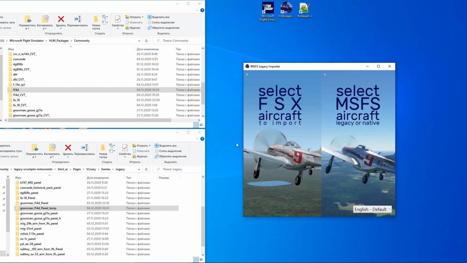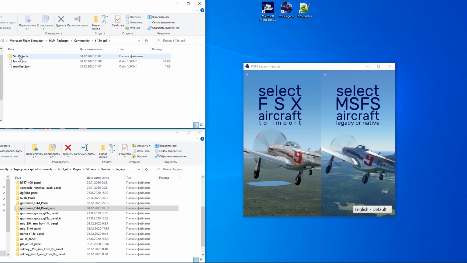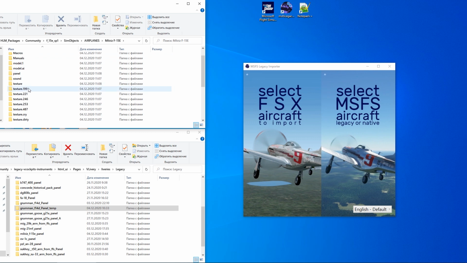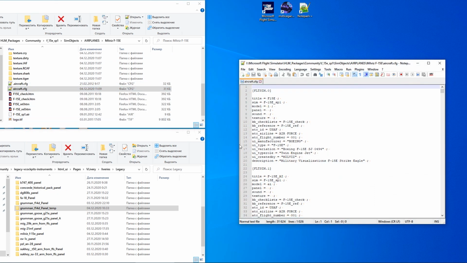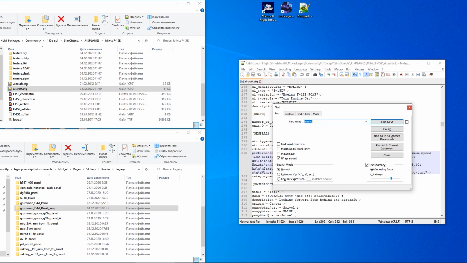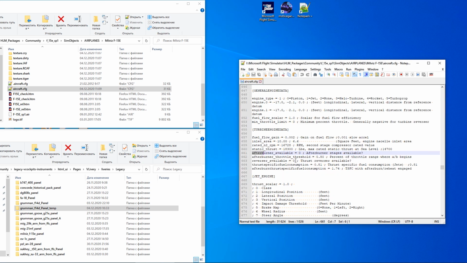Next example is F15. It already imported and has a problem because of that. You know that to make jet flyable, we had to set afterburner available variable to 0, but it contained important value, afterburner stage number.